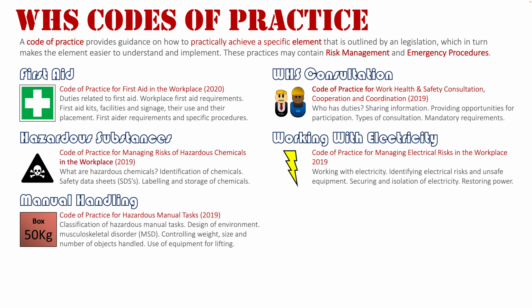The next code of practice relates to working with electricity, and that's the code of practice for managing electrical risks within the workplace 2019. Okay, it relates to working with electricity, identifying electrical risks and unsafe equipment so that people can be aware that there are dangers associated with an environment or with whatever equipment they are using. It goes over securing and the isolation of electricity so that we know that if there is an issue, where can we go to power off the electricity so that we can cut power to prevent further danger from occurring,